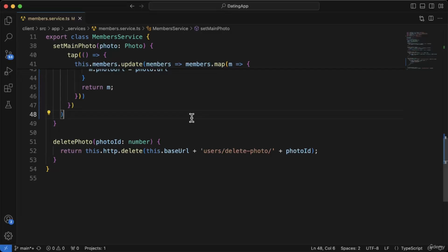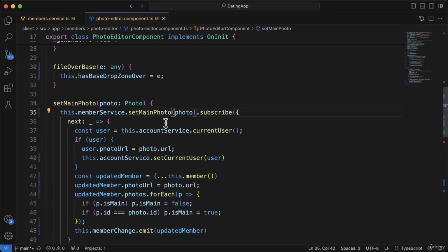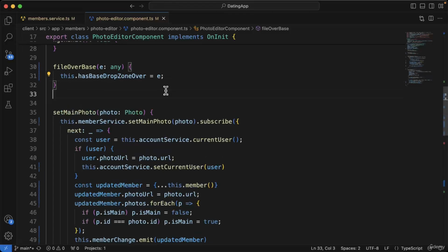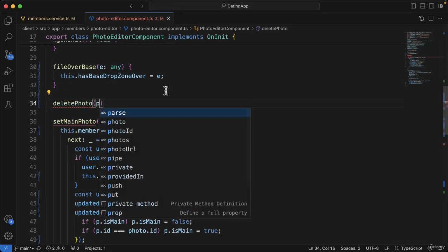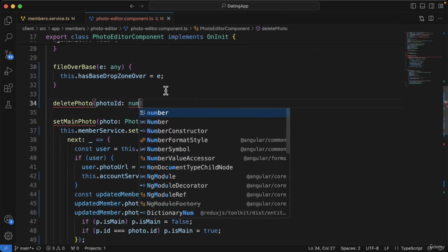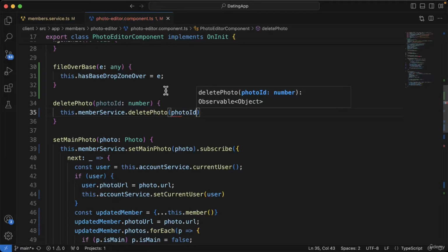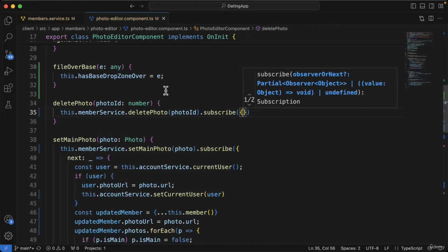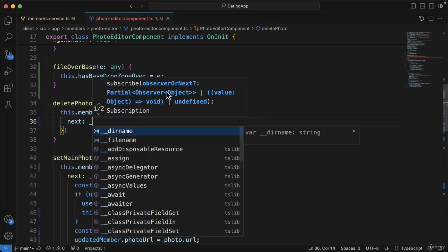And then we can head across to our photo edit component, and inside here let's just add the delete photo method above the set main photo. So this is going to take the photo ID as a number, and we'll say list.memberService, and we're going to delete a photo and pass in the photo ID and subscribe. And in the next, once again, we don't get anything back from our API for this, so we'll just use